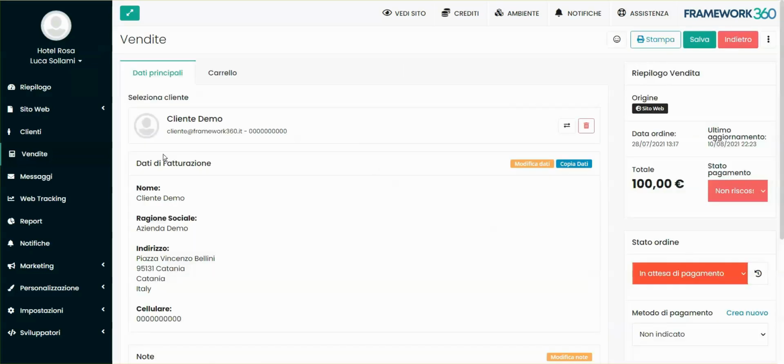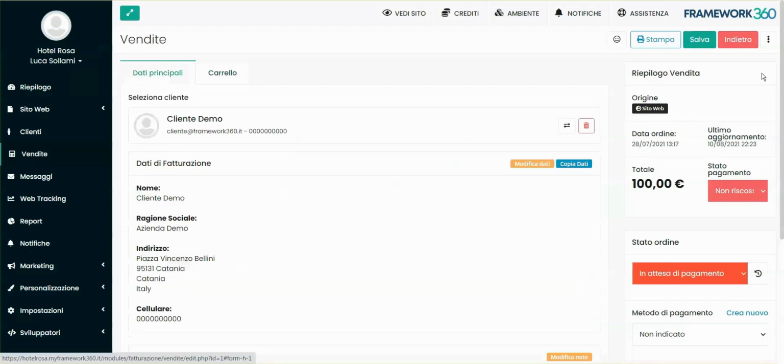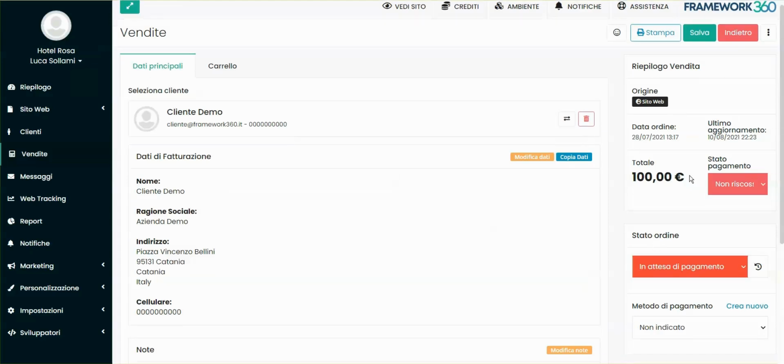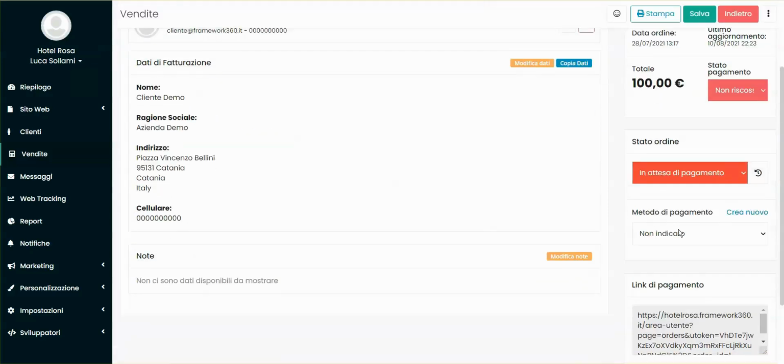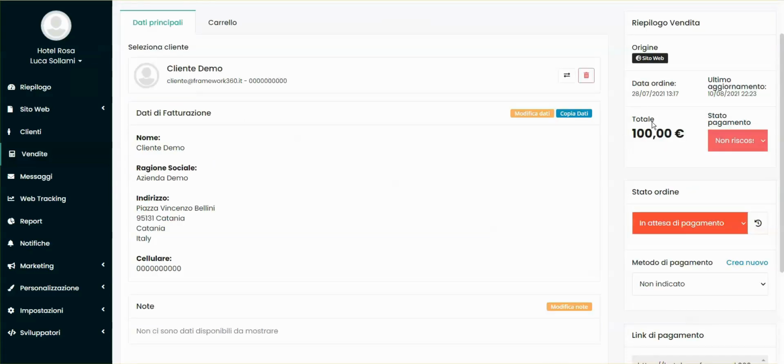Here we will see that all the sales data will be clearly displayed. The card that allows viewing the purchased products, and then on the right, we will have the possibility to clearly manage the status, which is the subject of this video, and other data that we will now look at. Let's see, for example, that you can view the origin, where the sale came from. In this case, from the website, you will be able to see the total order amount, the payment status, which